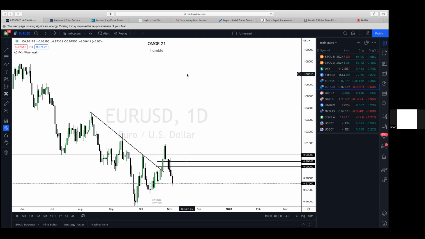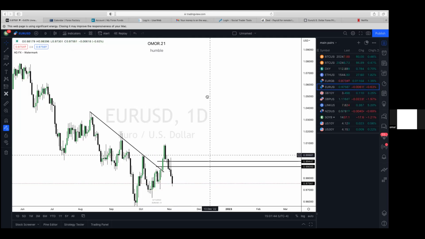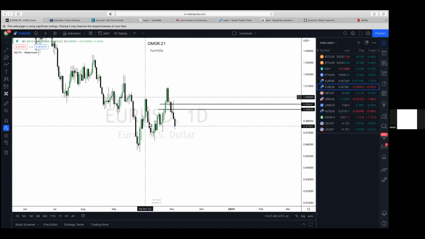Because what they're going to do is this high, if I just get rid of this trend line as well, you see when we run above it, buy stops are triggered, right? For them to offload a short position. Because who remembers the COT data? We were touching on the COT. Were you keeping an eye on the COT data?